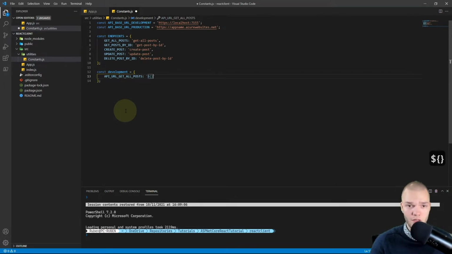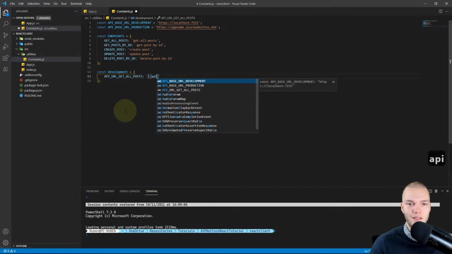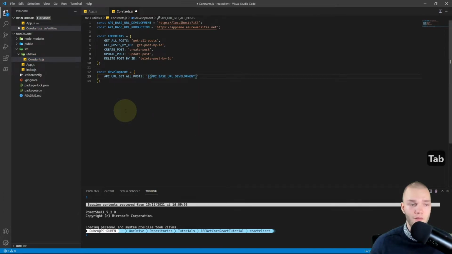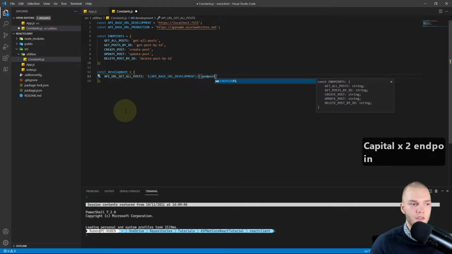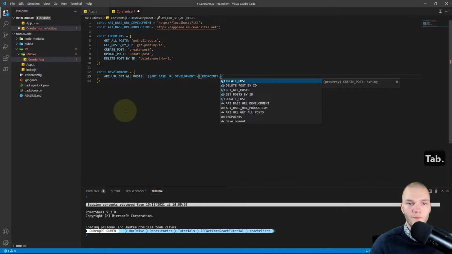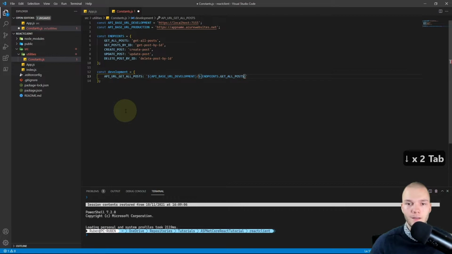Then I'll do a $ sign and curly braces, and we'll first pass in the API_BASE_URL_DEVELOPMENT. Then I'll do a slash, and then another $ and curly braces, and then I'll do endpoints.GET_ALL_POSTS.